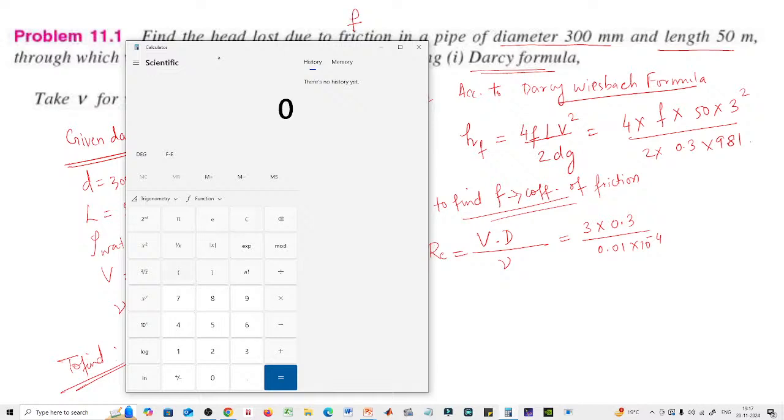So what I can do here is 3 into 0.3, close the bracket, divide it, again open the bracket, 0.01 into, okay, so I can take that other side, into 1, close the bracket. Okay, so here as you can see here, so here the Reynolds number that I am getting around